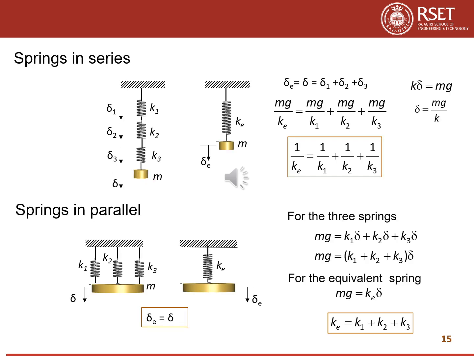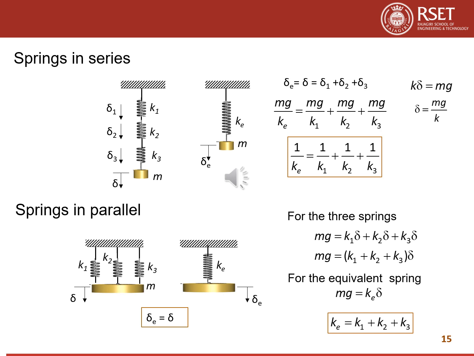Now we are going to consider springs in series and parallel. So in the spring mass model, the springs can be attached to the mass either in series or parallel. So first consider springs in series. That means here the connection is made end to end. So let delta 1, delta 2 and delta 3 be the elongation of each spring due to the mass m. That is, we have 3 springs which are attached to the same mass. And let the stiffness of the 3 springs be K1, K2 and K3.